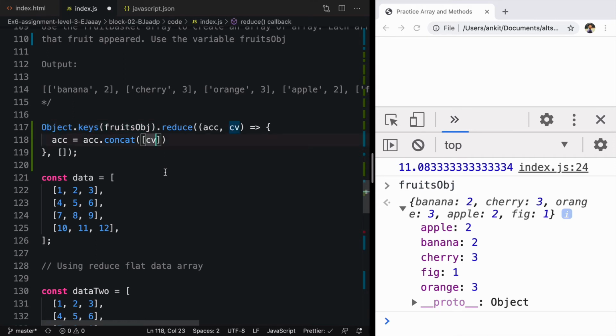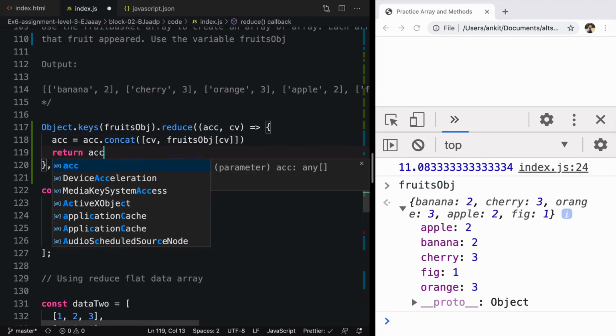So the first value will be CV and the second value will be fruits object of CV. This will give us the number of times and this will give us all the keys, and we'll concat that into accumulator and return accumulator.